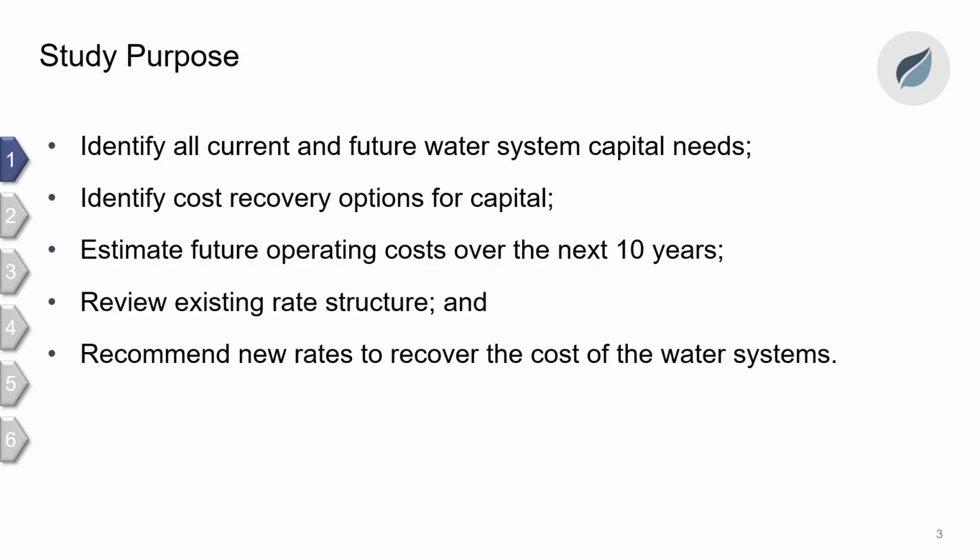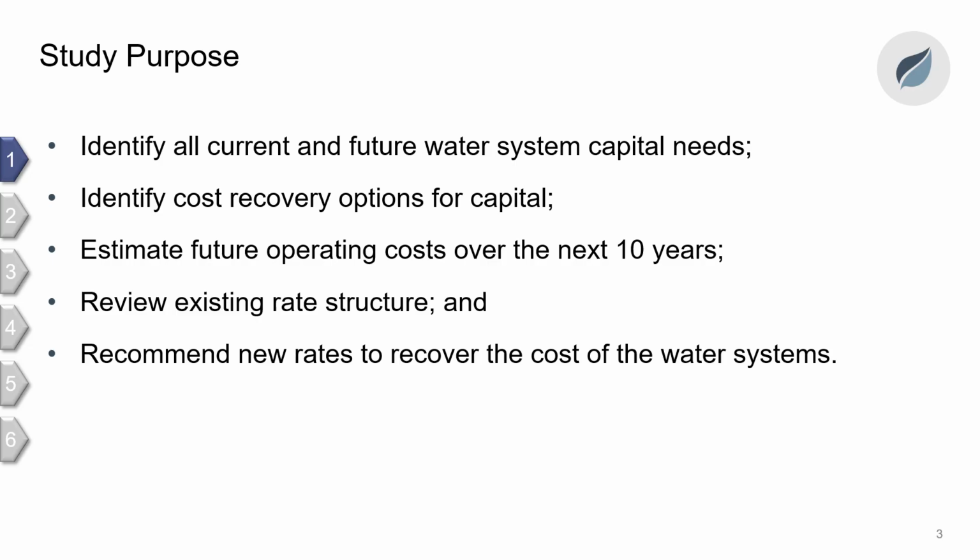So the purpose of undertaking a water and wastewater rate study really is for the municipality to understand the costs and revenues anticipated over the next 10 years. And so what we do is we take a look at the current costs and the future costs to operate the system. So we'll look at the capital expenditures that are planned, both replacement of existing assets and growth-related assets. And then we'll look at how we can fund those assets, what reserves we can fund them from, is there grant funding available, development charges, etc.